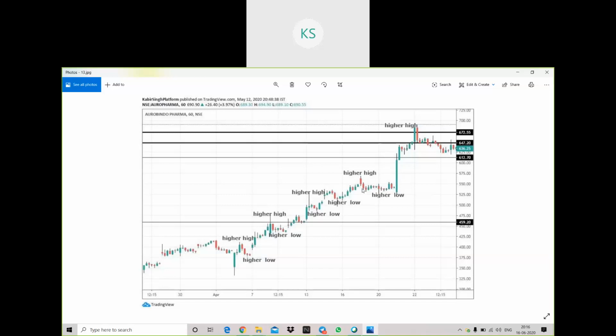Then a secondary trend has started, right? If you see, it is a cluster of indecision candles and a few pullback candles, big pullback candles. This is a pullback candle, this is a pullback candle. These are all consolidation mode candles which are indicating indecision. Here I will repeat an important point. Sometimes what will happen, a stock will go in consolidation and you won't see an expansion in that.